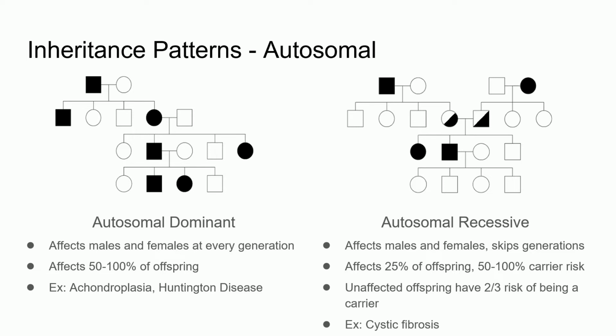If only one parent is a carrier, then there is also a 50% risk of being a carrier in the offspring, yet none of them will be affected since the other parent is not a carrier of the recessive gene. If one parent is affected, that is to say they are homozygous for the recessive trait, then all offspring become carriers. Again, if any of these scenarios sounded confusing, practice drawing out the possibilities on a square.